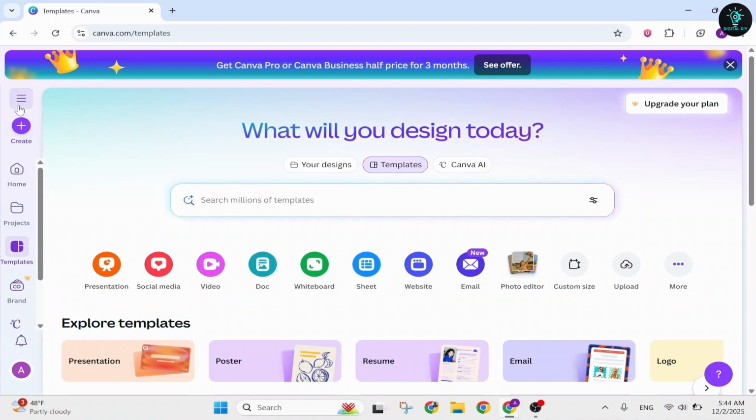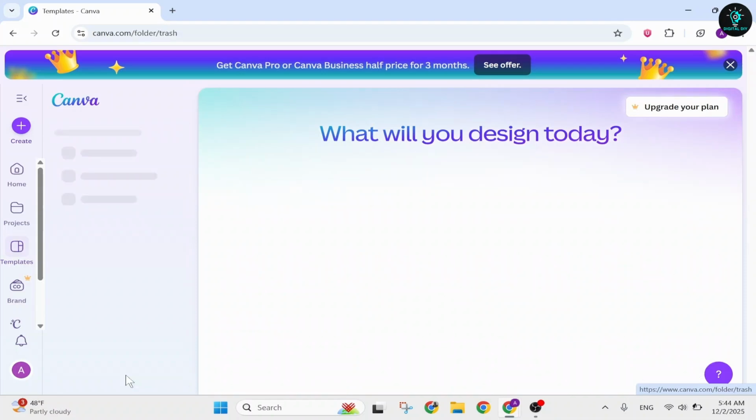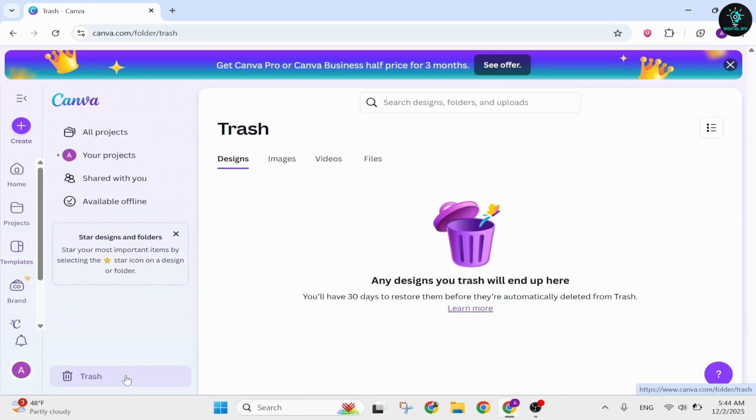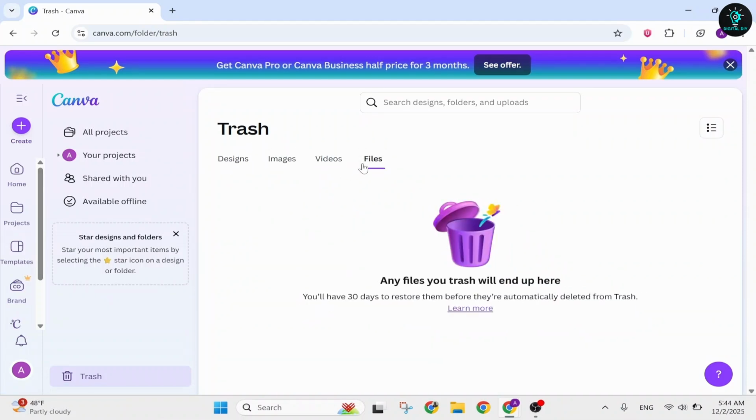So what you'll need to do after you here is on the left hand side, right above create, you'll find three lines and that is the menu. Expand on that and here at the bottom of the bar that just popped up, tap on the trash option and there is where the trash is. Now you can find all of your designs, images, videos and files that you have downloaded